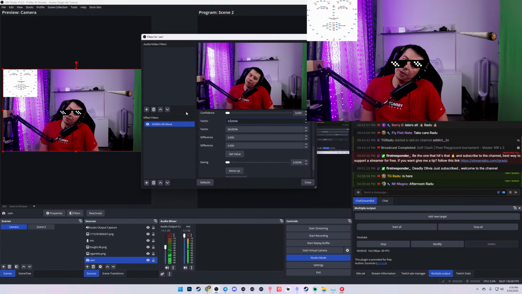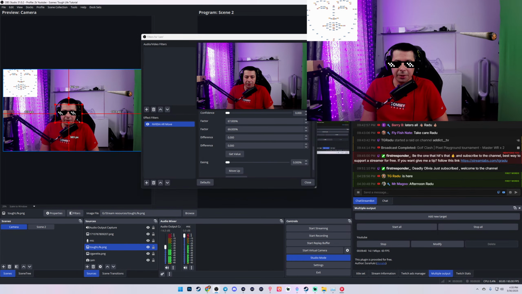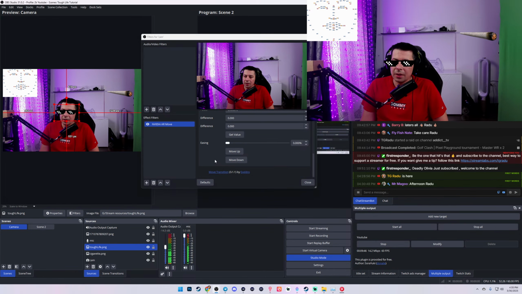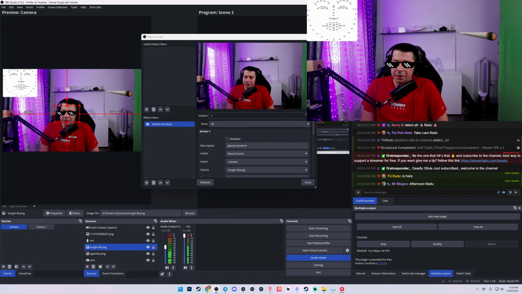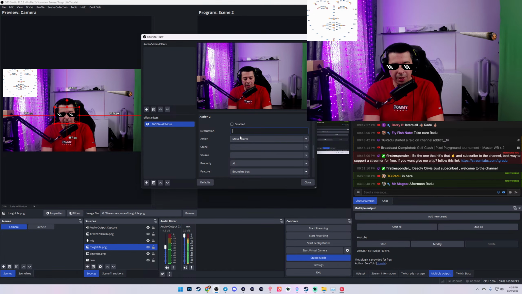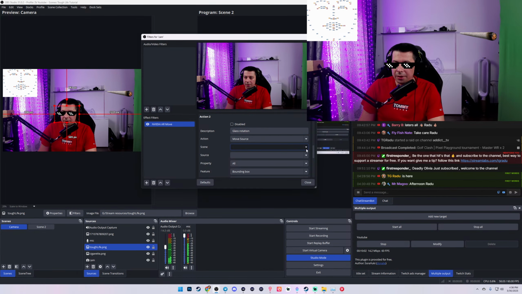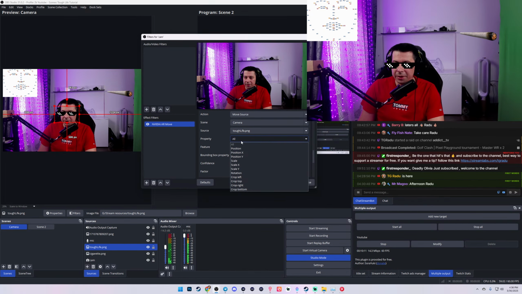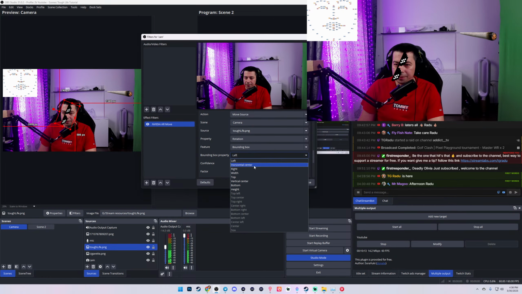Now, we also want, when we rotate our head, maybe the glasses are a bit too big. We can actually make them a bit smaller, like so. So we're gonna go here on actions, and we're gonna increase it by 1. We're gonna be creating for us another filter into this filter. So I'm gonna say glass rotation. And of course, we're gonna go and select the camera scene and the tough life PNG file. We want here to rotate, and let's